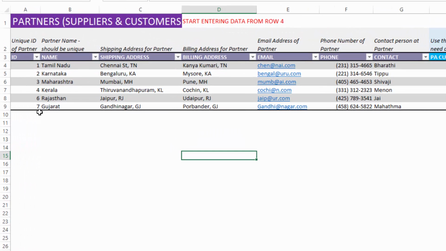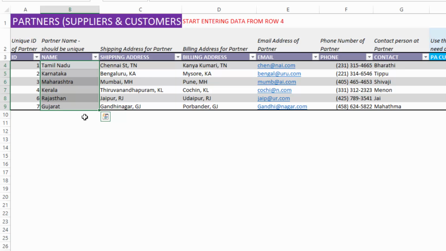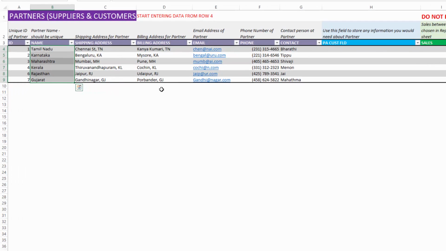I have entered 7 of them, and I've entered the name. The partner ID should be unique. Partner name should also be unique here, so please make sure that you don't duplicate them. And then the addresses, email, phone number, all that is just for you to manage all your contacts or the partners in one place. It's a nice list